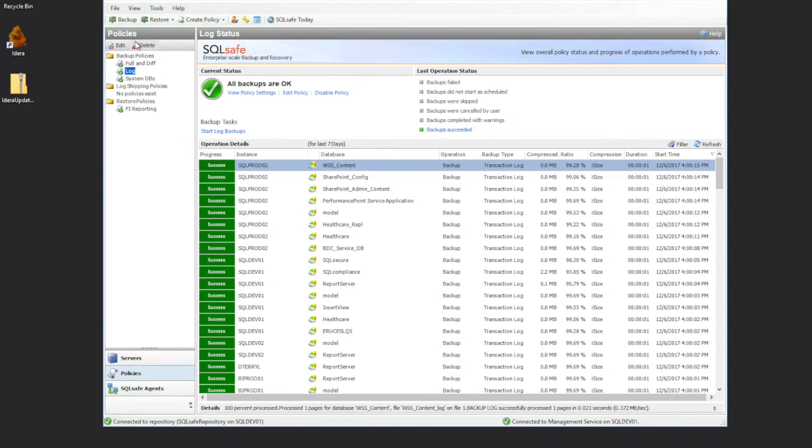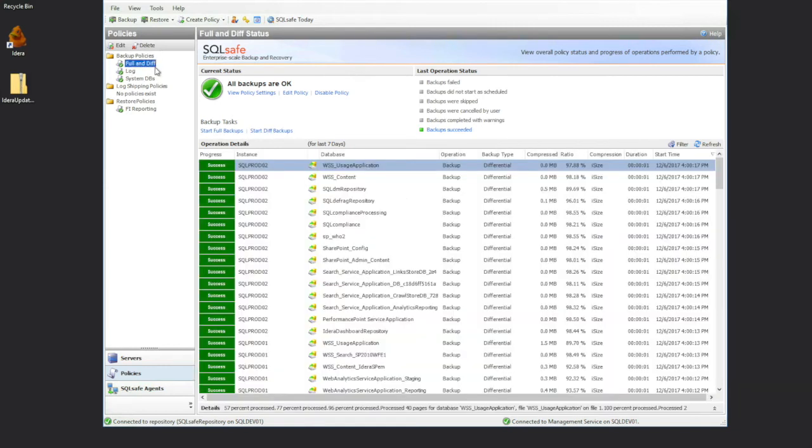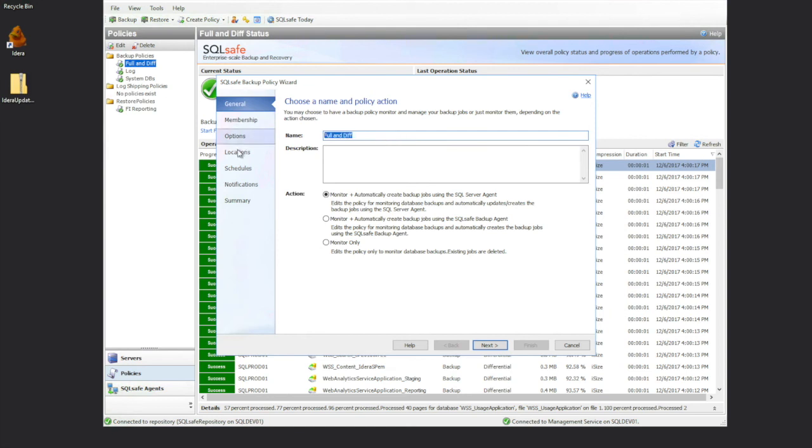So the way I actually break my policies down is by recovery model. I have a policy that does full and differentials. Generally, if we look at this policy, I called it full and differential. By the way, by default, and I think this is preferred, the way we schedule these policies is